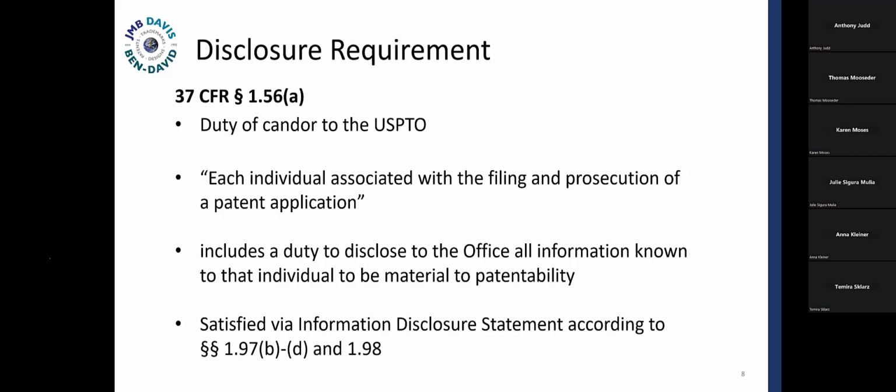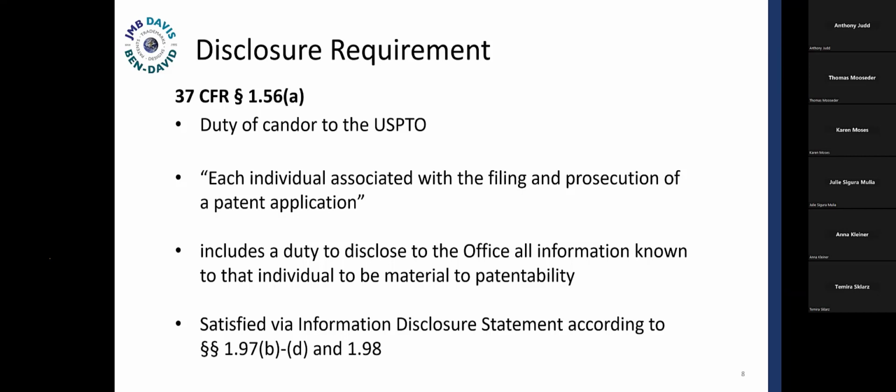This duty to be honest and forthright to the USPTO applies to every single person connected to a US patent application, whether it's the inventor or the CEO of the company, the in-house people, or any of the patent attorneys, whether they're associates in their home countries or the US representatives. So it's a really broad obligation.